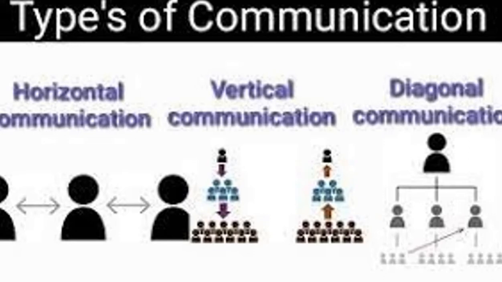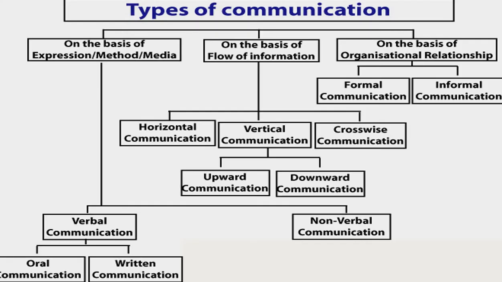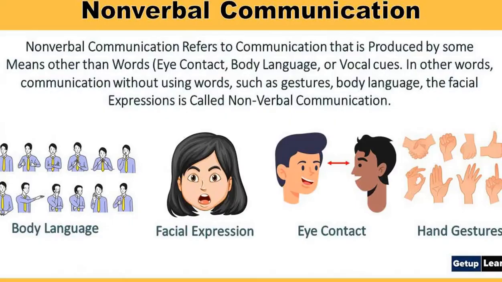Now, the other type is when we go on the basis of flow of information. Flow of information means in an organization, there are various ways through which the information flows from top to bottom and bottom to top. That type of communication is of three types, that is horizontal, vertical, and crosswise. Now, I'll explain what is